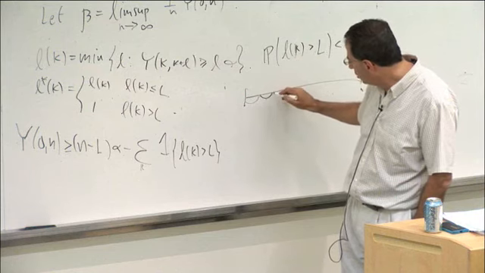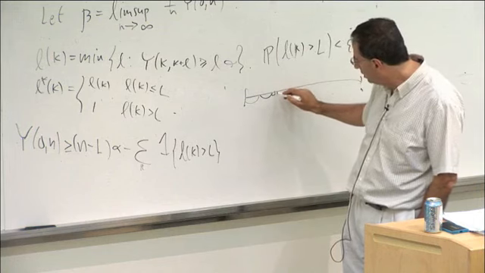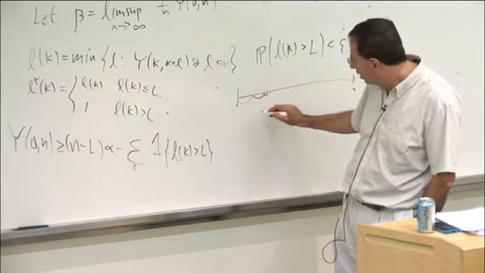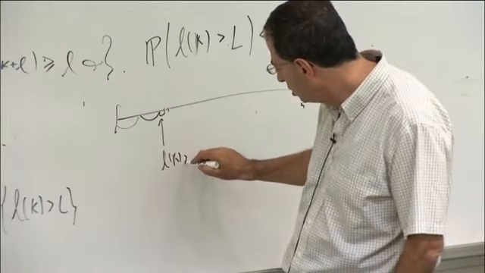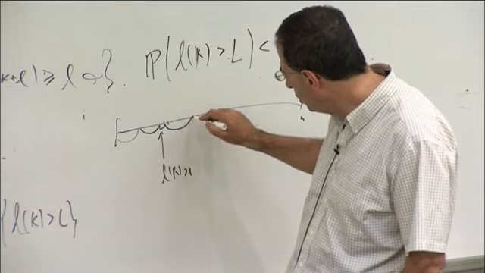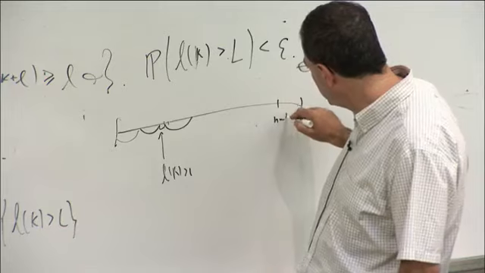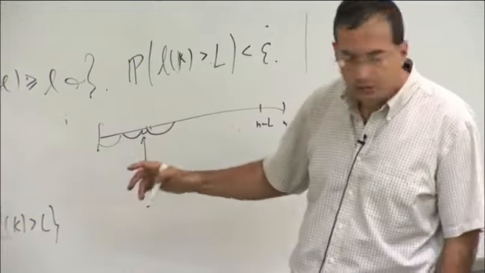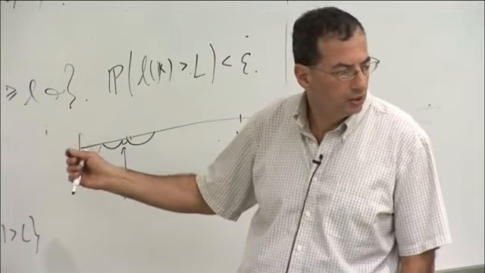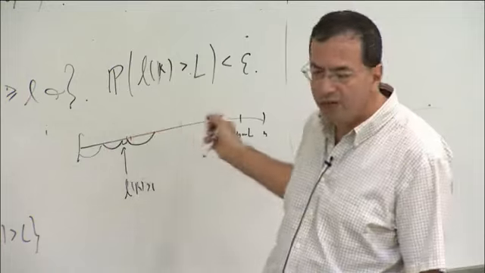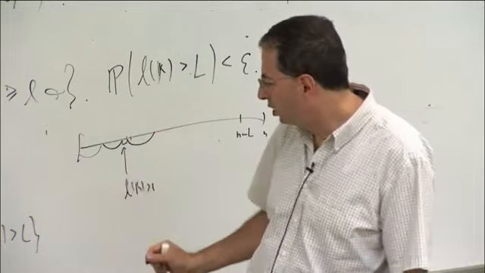But maybe here, when we look, the L of k is bigger than L. Then we just take a singleton, and we go to the next point. But this singleton was a special point where L of k was bigger than L. Then we go to the next point, and so overall we cover the whole interval from 0 to n minus L by good intervals where L of k is less than L, and bad singletons. So when L of k is bigger than L, we just take that singleton and jump to the next.